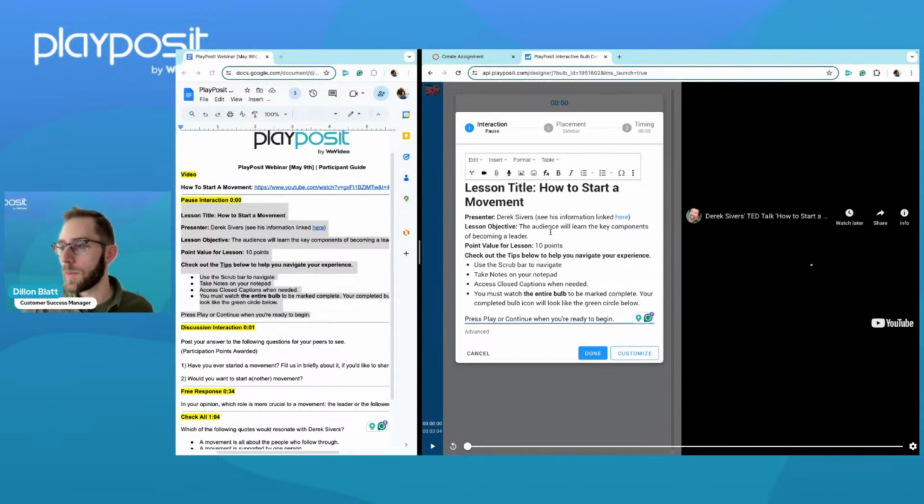So that is the pause interaction. You can add, again, images here, audio, attachments. You can insert special characters or equations if you need and format that text. One thing I do want to mention at this point, though, is the default of an interaction is it would